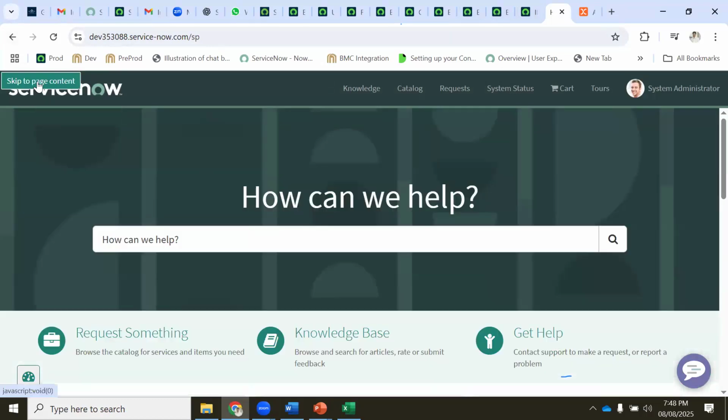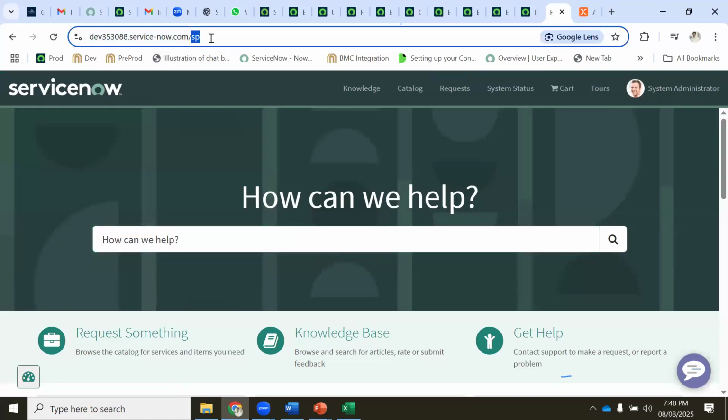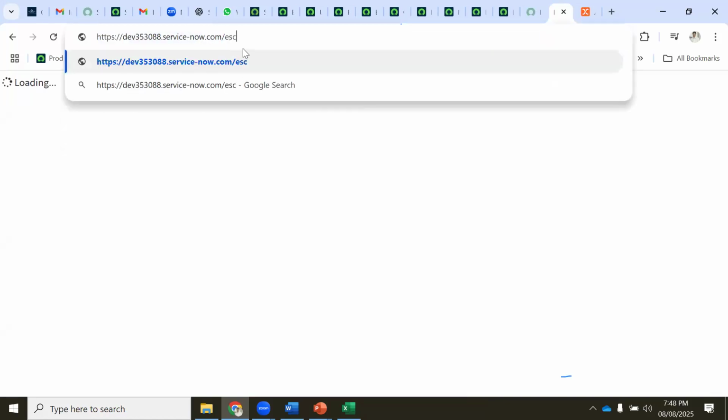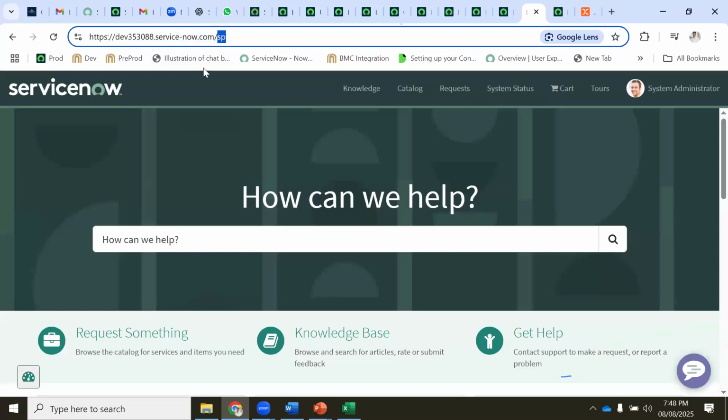By the way, when I click this red button, there was something it was showing. Service portal is the older page, where we were using it. Now a newer page has come, which is the ESC portal, Employee Service Center. ESC is Employee Service Center, SP is Service Portal.